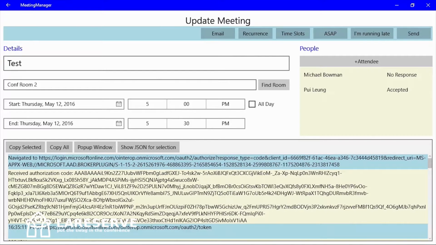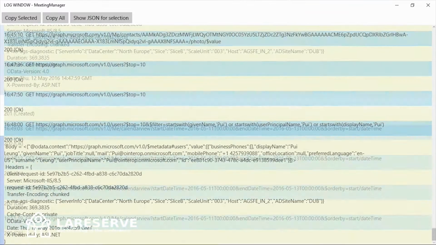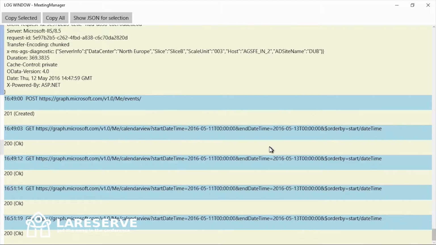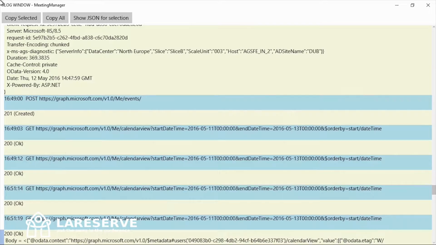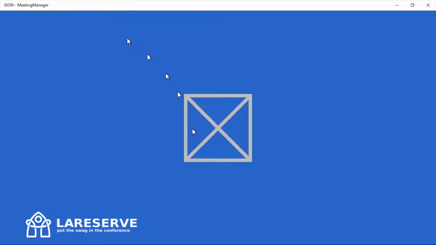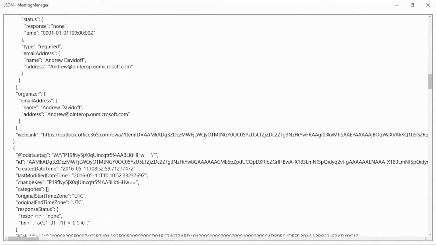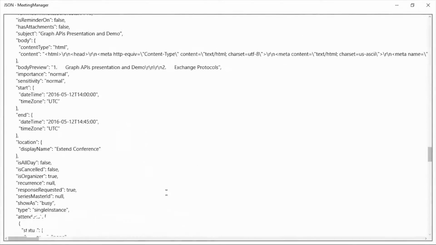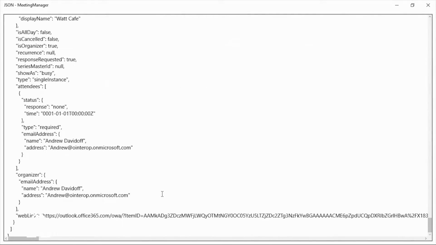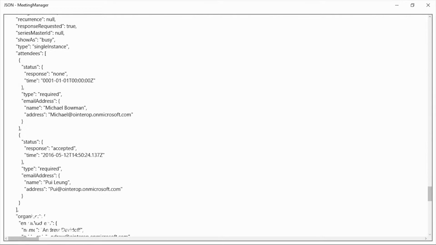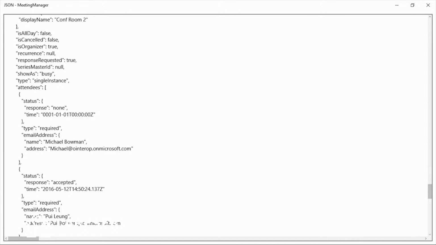What happened in the background is that in the calendar view, this meeting will show up as accepted by Pui and no response from Michael. So Pui accepted and Michael, no response yet.